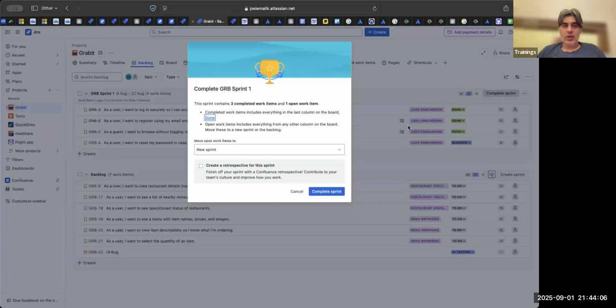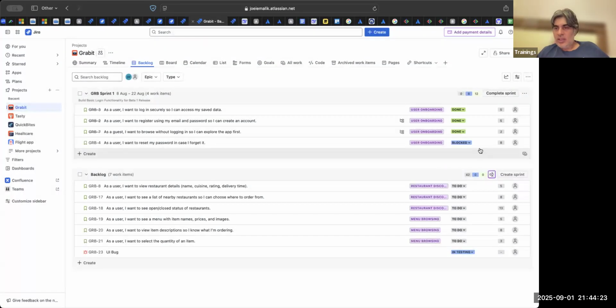So let's complete. Okay. Now it tells me the sprint is completed. 3 stories are done. 1 is open. And then this is my spillover. So this is a spillover and this is a blocked story. Maybe this was an 8-pointer task. So maybe the UI task is over.